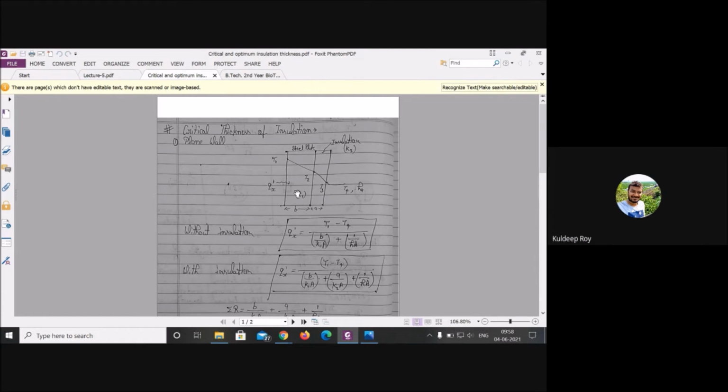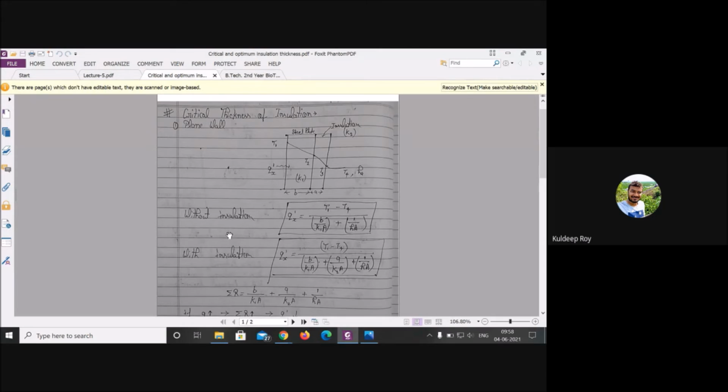If you look at this picture very clearly, assume that there is no insulation initially. Now how will the heat flow? You can see here I have written how the heat will flow. Q is equal to the temperature difference from T1 to the ambient temperature T4, divided by all the resistances you have to add. Here will be your conduction resistance L by K1A, where L is your length, K1 is the thermal conductivity, A is your area, and here will be your convective resistance 1 by hA. If you do not apply any kind of coating, then you will get this expression.